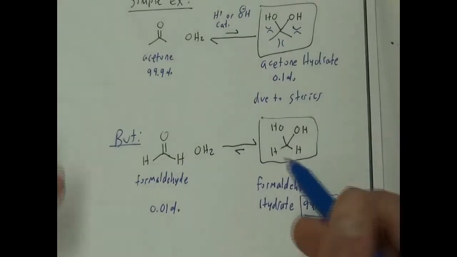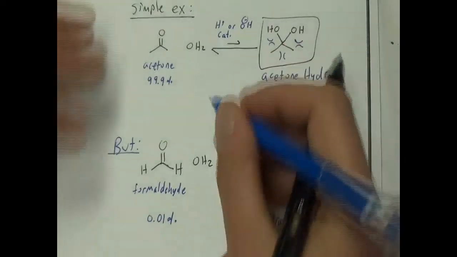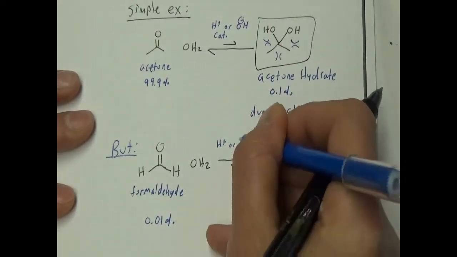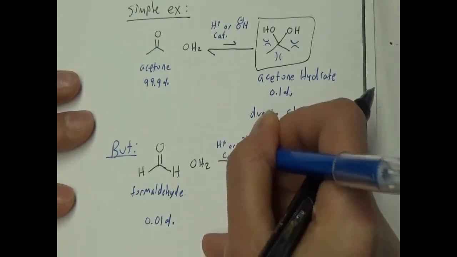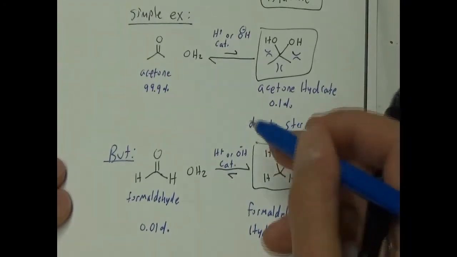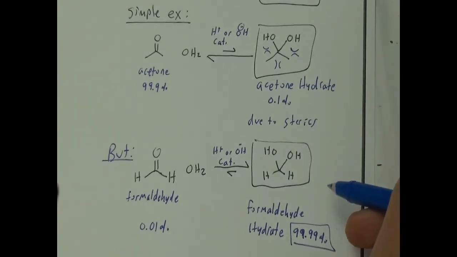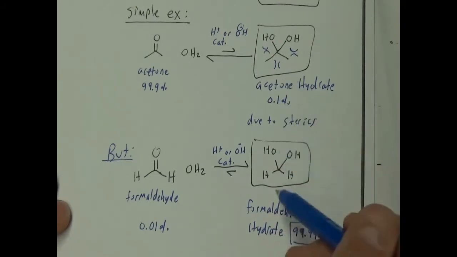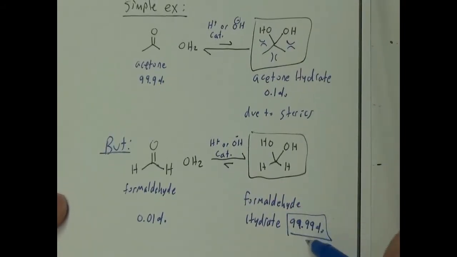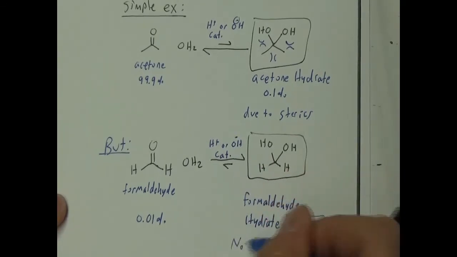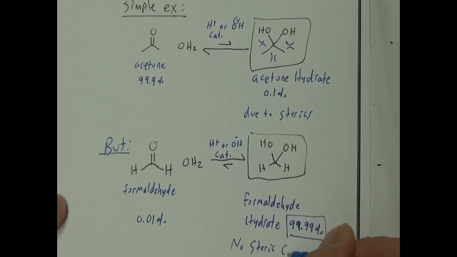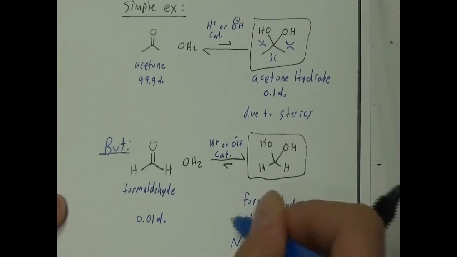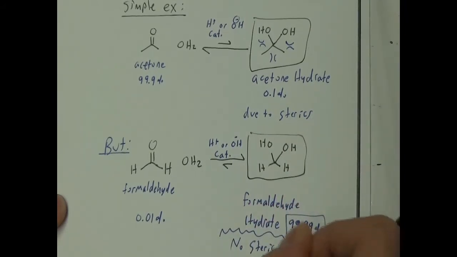Okay? What do you think we need? A little bit of acid or base to catalyze this. So you need a little bit of acid or base for catalysis. And of course, do you think there's any steric crowding here that makes it unhappy? Well, not really. Obviously, the equilibrium being far to the right favored makes it seem like it's not sterically hindered. So no steric crowding. And that's why it's so happy.